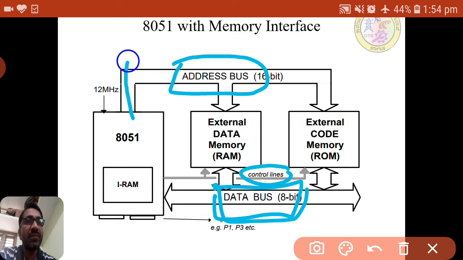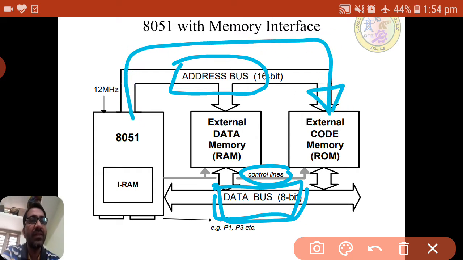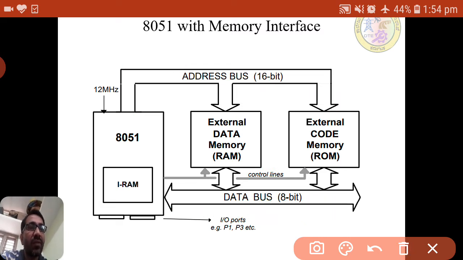Usually the address bus is unidirectional, meaning the processor or controller sends the address to the memory. For that address, the data to send or receive goes on the data bus. And the control lines indicate whether it is a read operation, a write operation, or chip select. So this is the basic interface between the memory and the 8051.